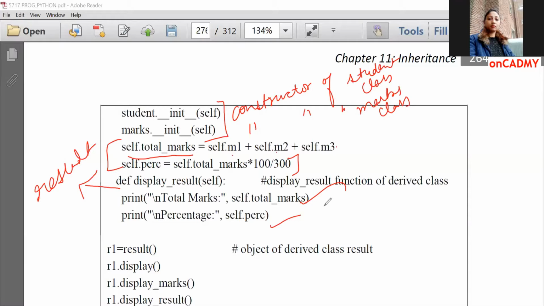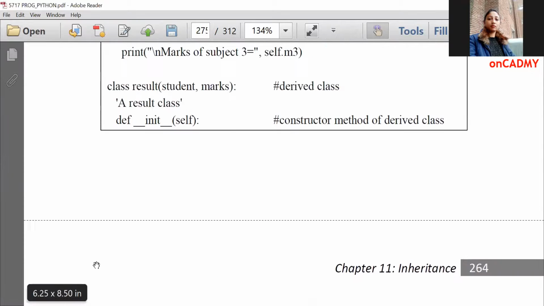Now, since result is the derived class, we'll create an object of this class, R1 is equal to result. Now R1 dot display will display the name and roll number of the student, because the display function is related to the student class. Then R1 dot display marks will display marks of 3 subjects. You can see from here.